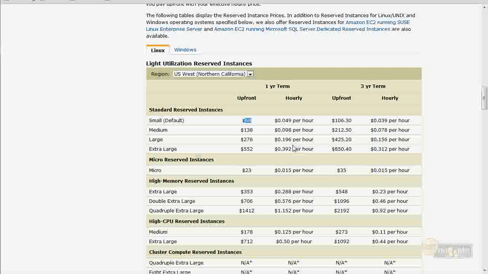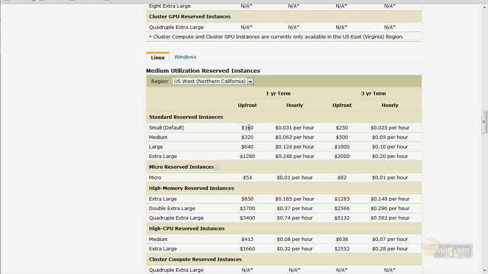$69 down payment, and I would say, okay, this is running all year long. So that's 24 hours a day times 365 days. So that's how many hours I have. Let's multiply that out. Okay, is that advantageous to me? Or would I save more if I paid, again, grab the piece of paper, $160 and rent, 365 times 24 times 0.031. So you see what I'm saying there?